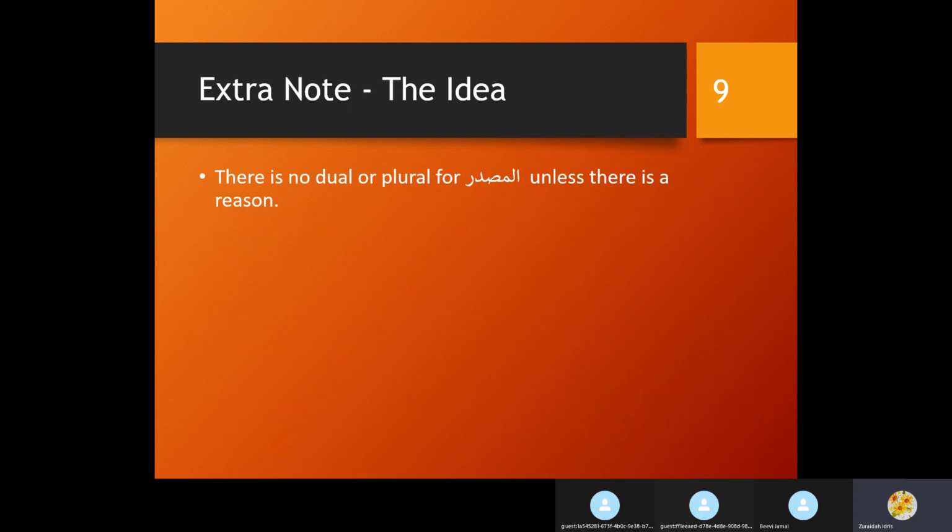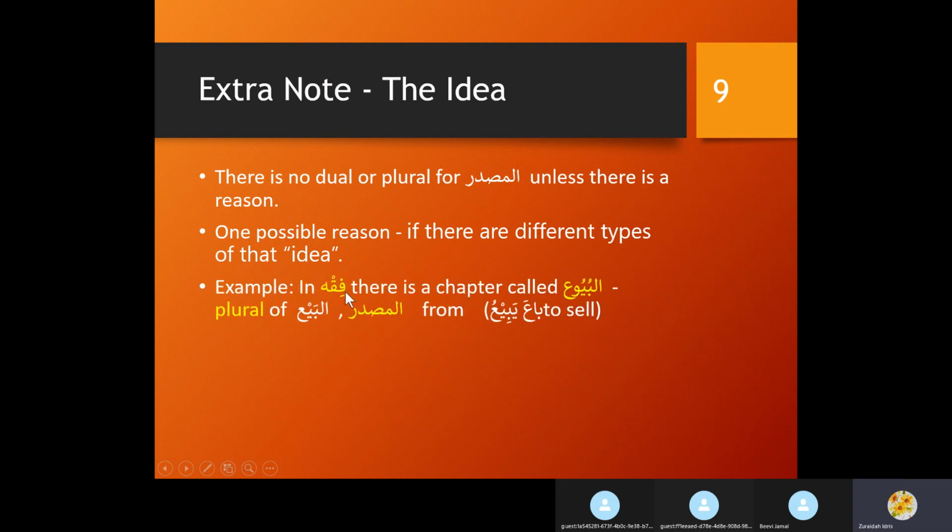So whether you sleep twice or whether you sleep a lot, you just sleep. So it doesn't make sense to have a dual or plural for a masdar, unless of course reasons like this. Now, one possible reason, if there are different types of that idea. So what do I mean by that? For example, in fiqh, we learn about the rulings of our religion in terms of ibadah. There is a chapter called al-buyu'. Al-buyu' is the plural of al-bai'. Al-bai' is the masdar for the fi'il